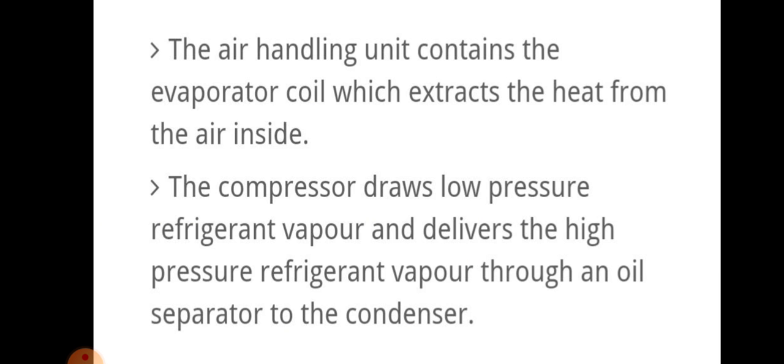The air handling unit contains an evaporator coil, which extracts heat from the air inside. Then the compressor draws low pressure refrigerant vapor and delivers high pressure refrigerant vapor through the oil separator to the condenser. That means the compressor draws low pressure vapor and compresses it into high pressure vapor through the oil separator